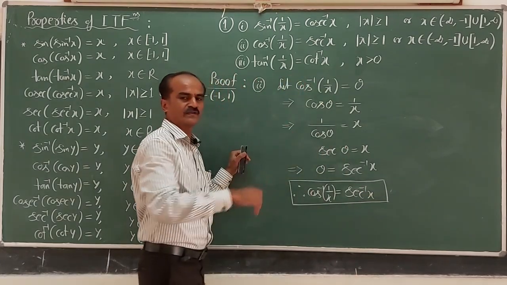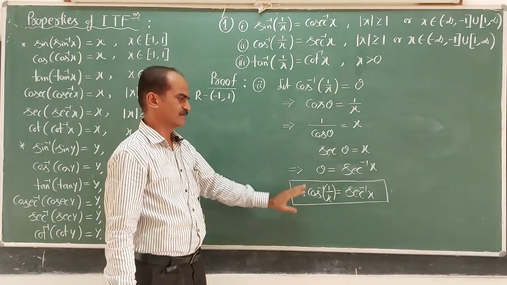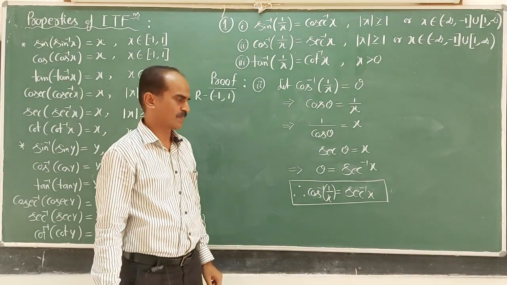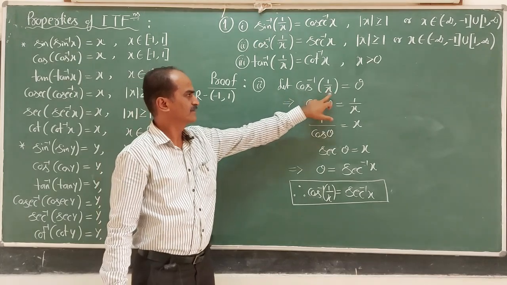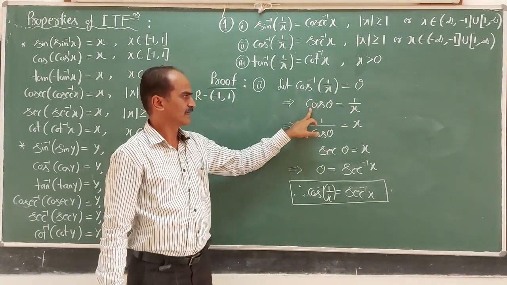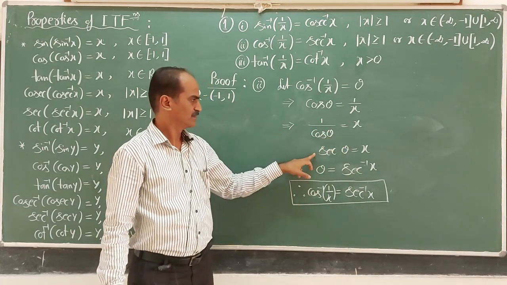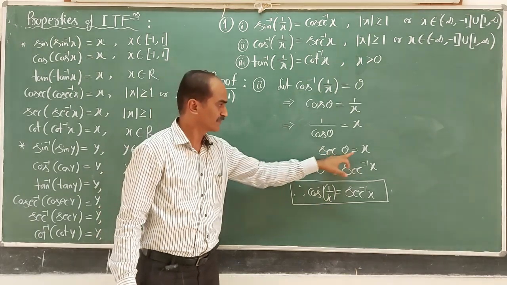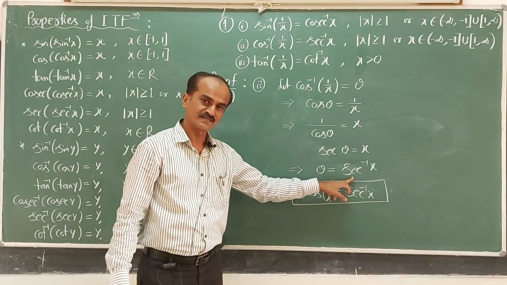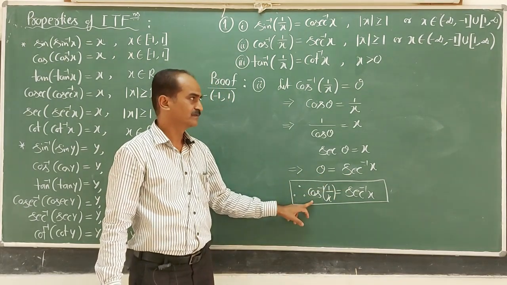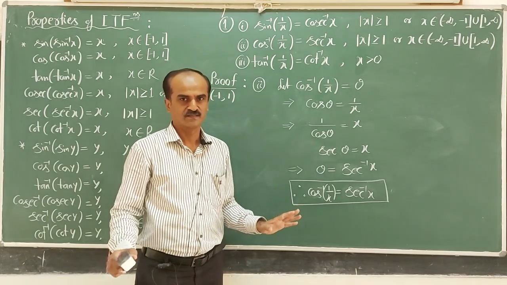The same steps we wrote, except instead of sin inverse we wrote cos inverse x. I hope the proof is followed. Similarly, you can try with tan inverse. Look here, tan inverse of 1 by x equal to theta, tan theta equal to 1 by x, 1 by tan theta equal to x. 1 by tan theta is what? Cot theta equal to x. Applying the inverse function rule, theta equal to cot inverse x. Resubstitute theta, that is, tan inverse of 1 by x is equal to cot inverse of x. I hope you can complete that.